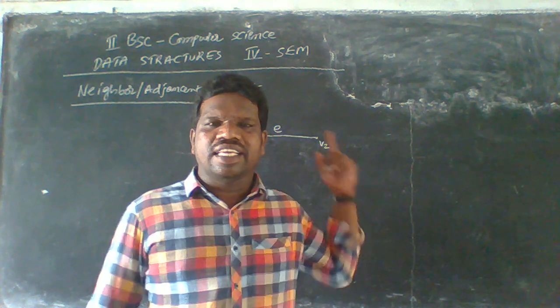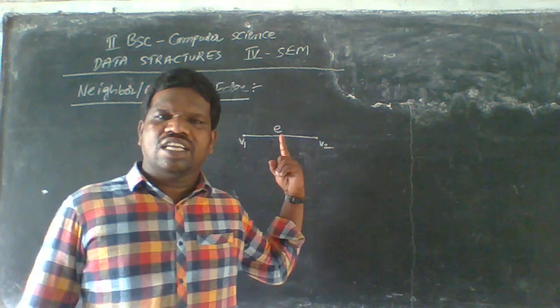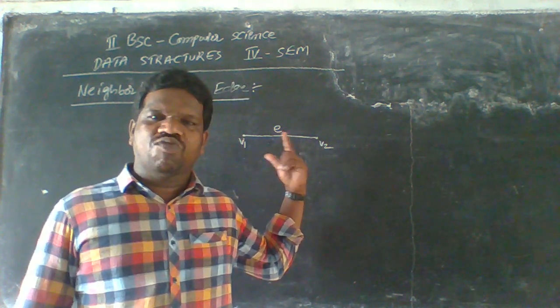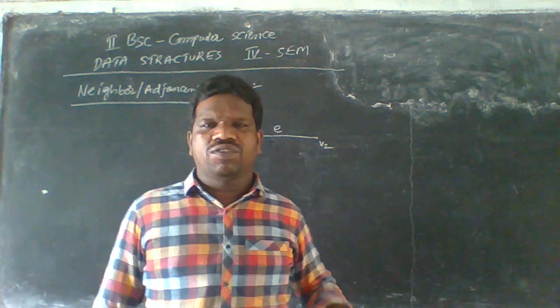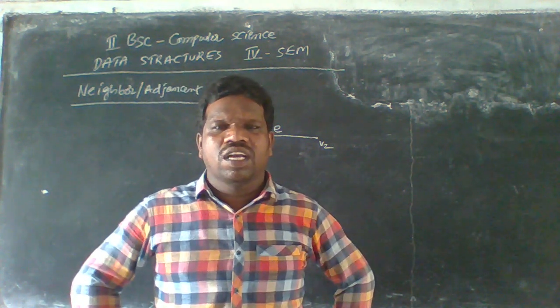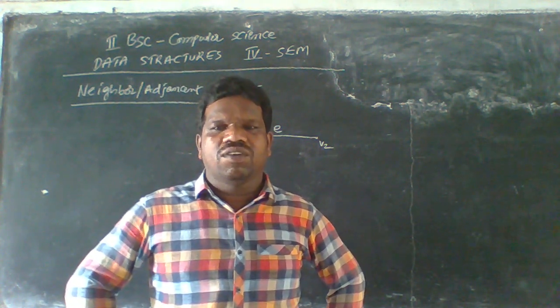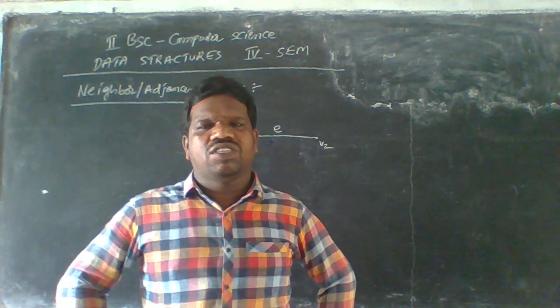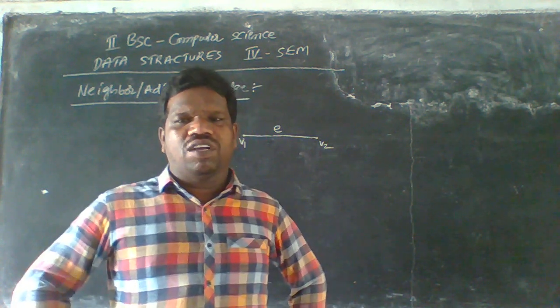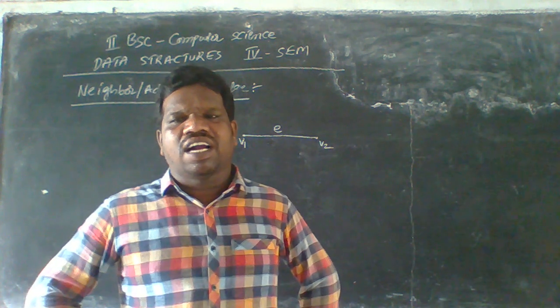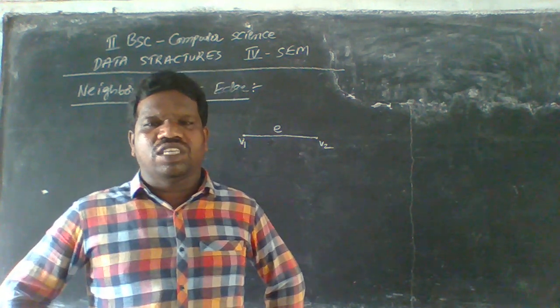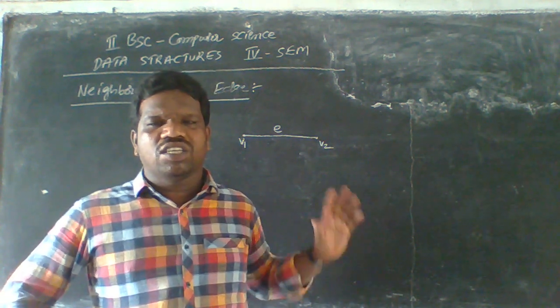Okay, what is E here? E is an edge. It is formed by V1 and V2 here, and both belong to the pair of edges here, and the nodes are connected by an edge in the graph. In the same graph, they are called adjacent nodes here.